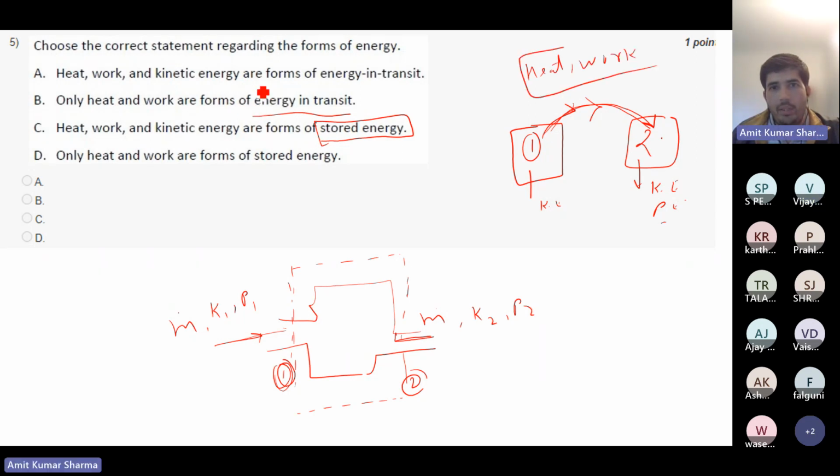So the main point is that heat and work come into the picture only when there is an interaction. There is a path, there is a process, you can say. There is a transition, like energy is transferring from one point to another point. Then only heat and work come into the picture. Otherwise, if we are only discussing a still point, then there will be only stored energy. So that is the energy in transit. Energy is moving from point 1 to point 2. So in this path,